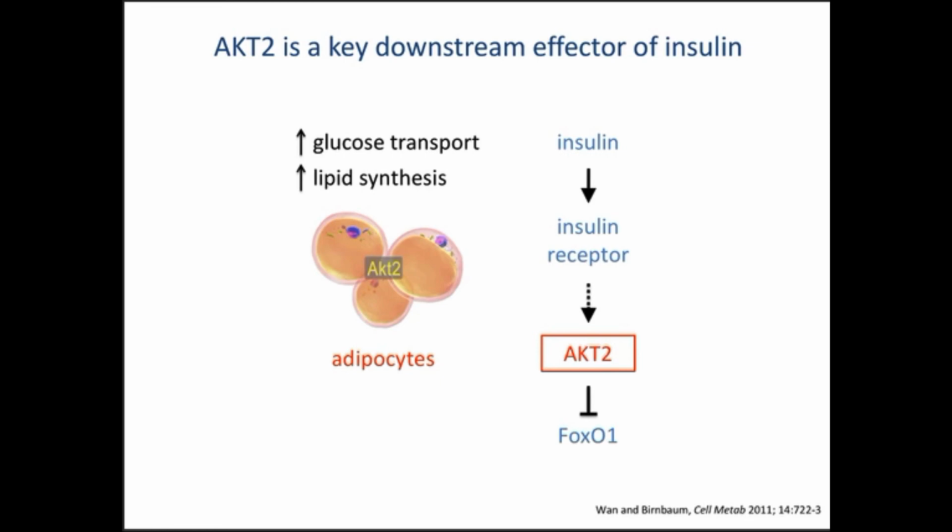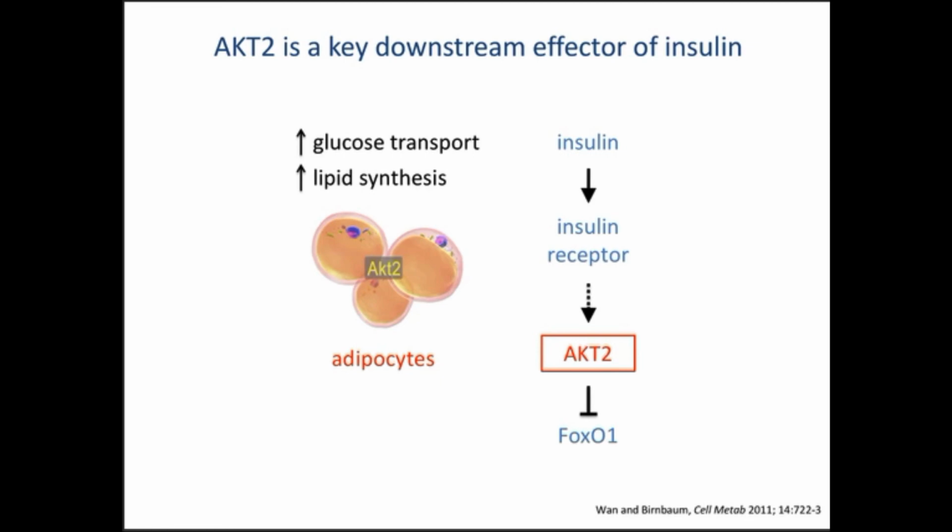And in the insulin signaling pathway, again, I have an uber simplified cartoon. It's one of these things that has like hundreds of factors that influence it. But what we know is that insulin talks to the insulin receptor. The insulin receptor uses these key downstream kinases that are intracellular mediators of that signal, AKT1, 2, and 3. AKT2 is the main player in metabolic tissues like liver and fat. AKT2 phosphorylates the transcription factor FOXO1 and brings it out of the nucleus, thereby changing gene transcription in response to insulin.